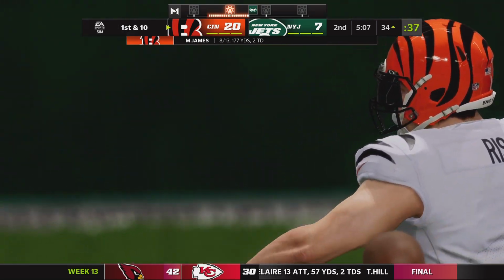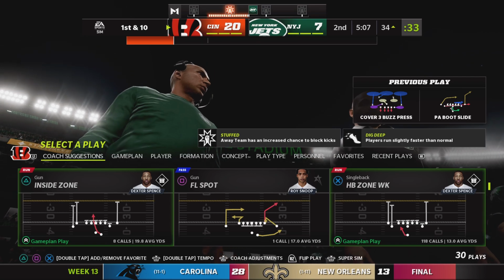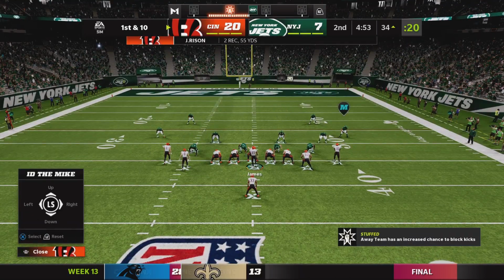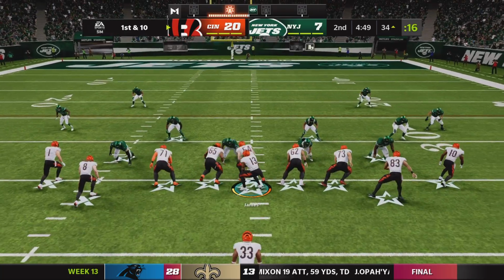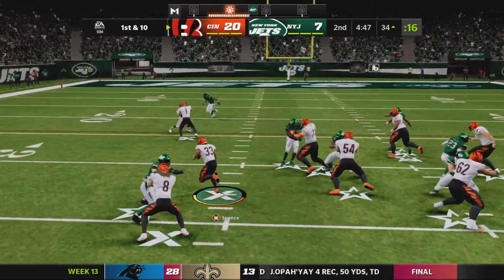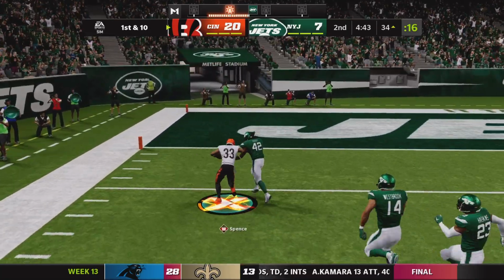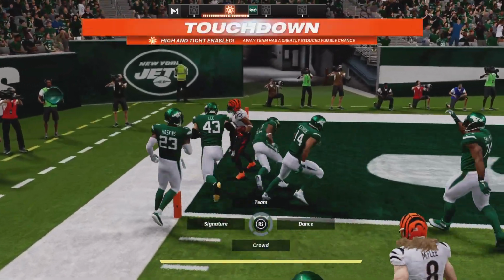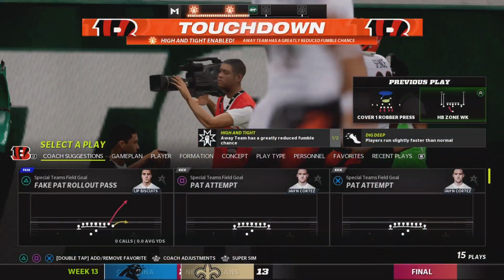And he is out of bounds inside the 35. A big play that time through the air. 31 yards. So the big play changes the complexion of things. Here's 1st and 10 just outside the 30. Fights him off. And a powerful stiff arm. It frees him. And he'll take this into the end zone for a Bengal TD. A great